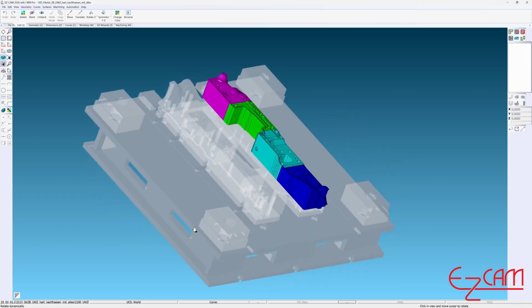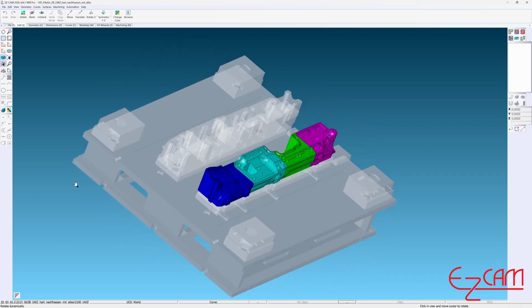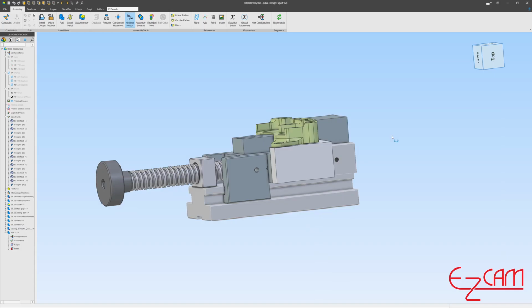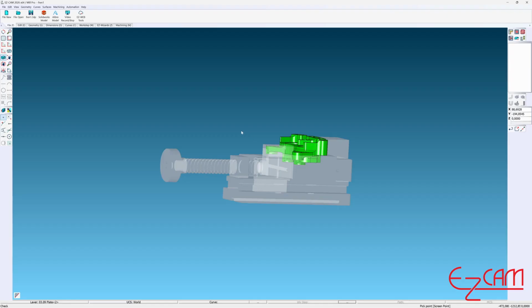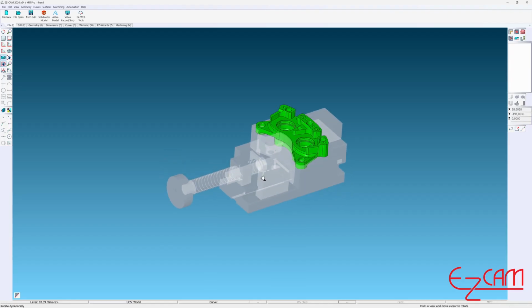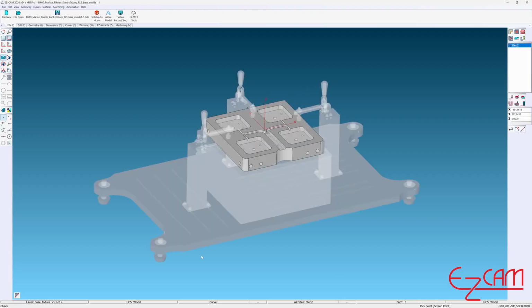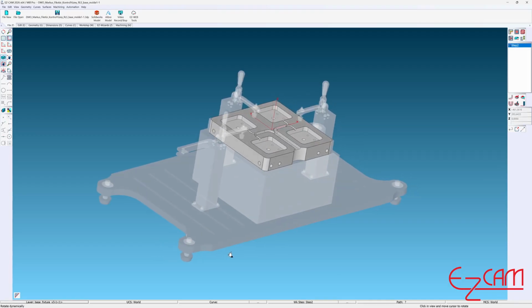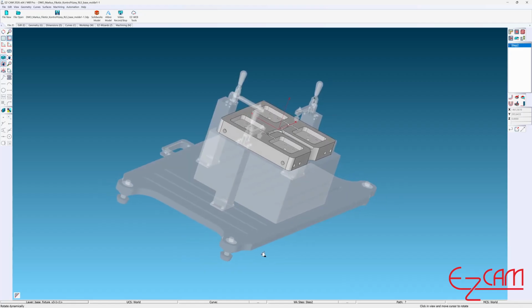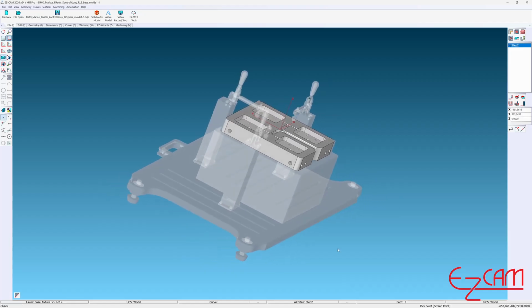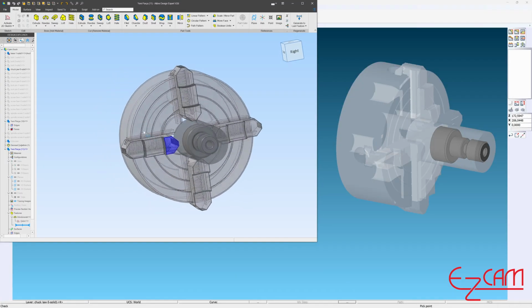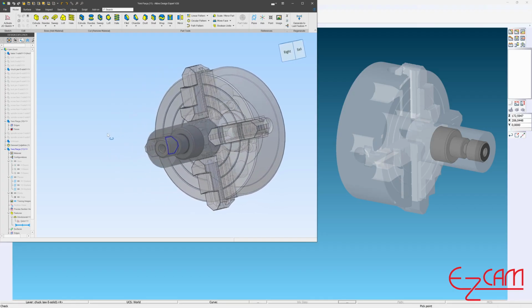Models that are prepared during the design phase are natively supported in EasyCAM's CAM environment, meaning the entire assembly, not just a single part, can be transferred into the CAM system. This allows the operator to clearly evaluate fixturing, clamping points, and the spatial relationships between components. By doing so, programming steps can be executed with increased confidence, and potential risks during machining can be greatly reduced.